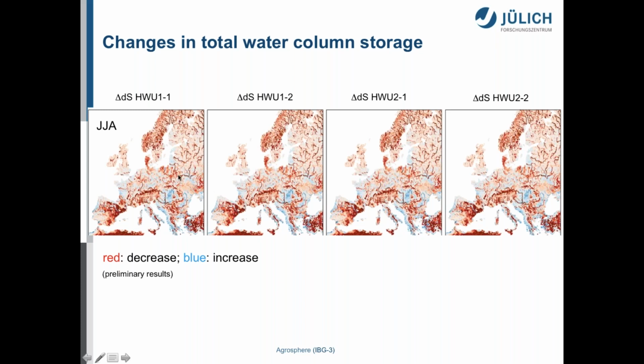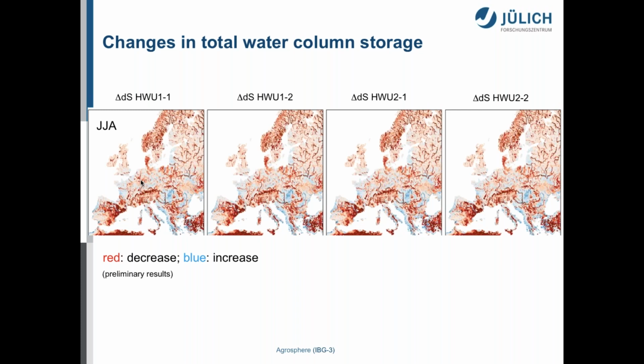What I show here is the change in continental storage. This is the full water column from the bottom of the aquifer to the land surface, and we see that these differences in P minus ET that we saw previously propagate into storage changes locally that are then of course also consistent between the different water use simulations. They will also impact the continental runoff along these major river systems, which of course must be included in these sustainability considerations.